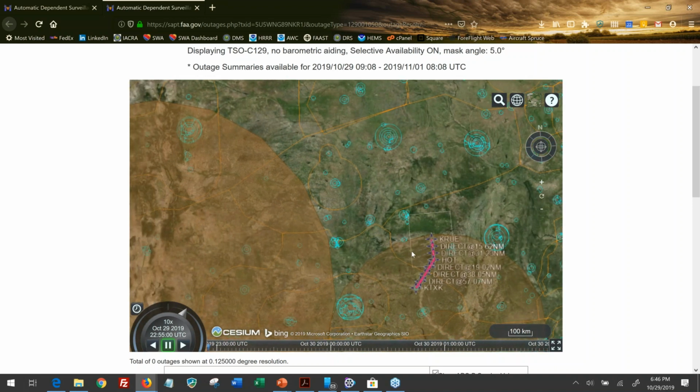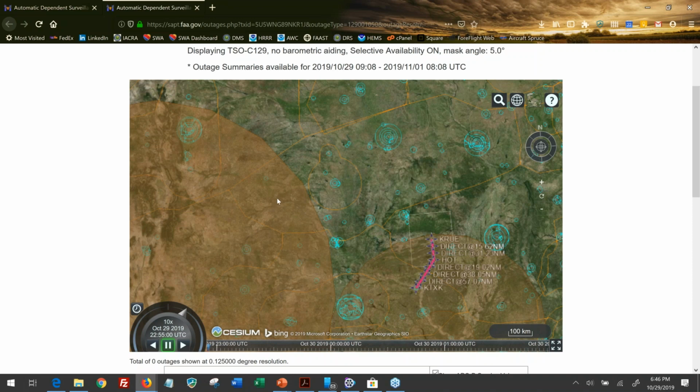I've just zoomed in. So what we're seeing here, a few different things. You can actually see the Arctic. This is Memphis Center we're seeing here. This orange line is where we originate from Russellville. We can see our flight plan where we're going from Russellville to Hot Springs.